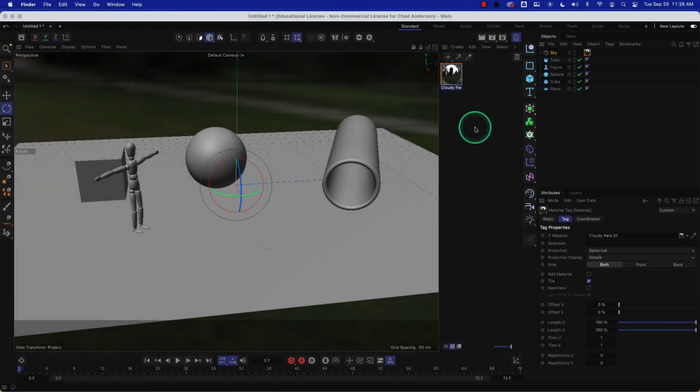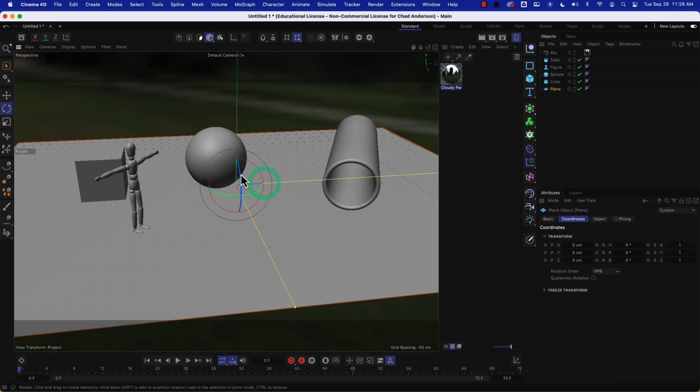Okay, so for this next lesson in Cinema 4D, we are going to continue talking about some material properties and some things we can control with material channels. Right now I have this plane here, just a flat plane. I have a little sphere, a cube, this figure, and this tube that has a little bit of filleting